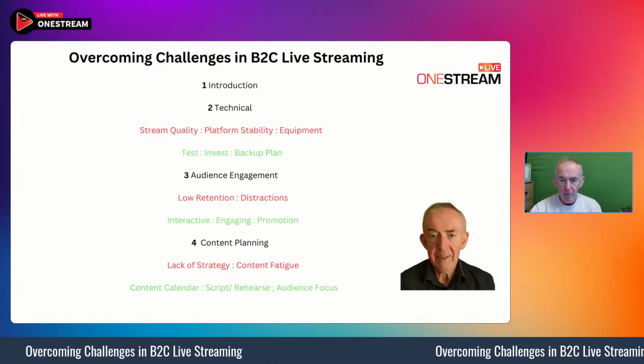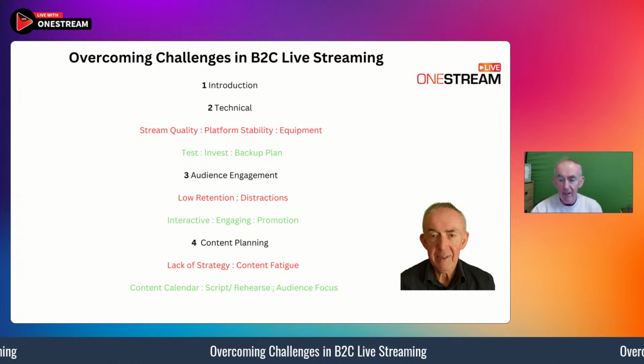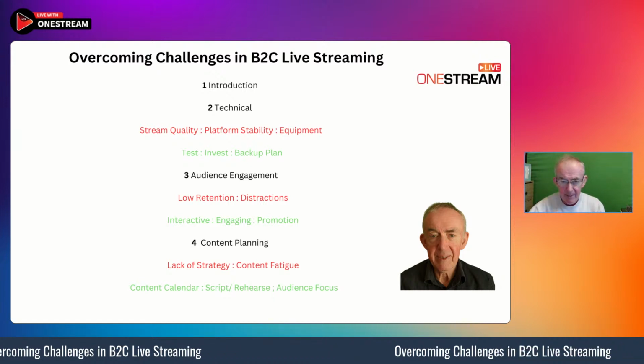Well, I tried for about 10 minutes to go live this morning. I couldn't go live. So I said to Peter and John, okay, give me 5 minutes and we'll be live on OneStream. And we were live within 5 minutes on OneStream Live during our normal show. And as the show progressed, I managed to bring assets in. I brought in images, and we had our normal broadcast eventually. Plan Bs are important, and do have a plan B for your camera, your microphone, and your software provider as well. Make sure you've got all three.